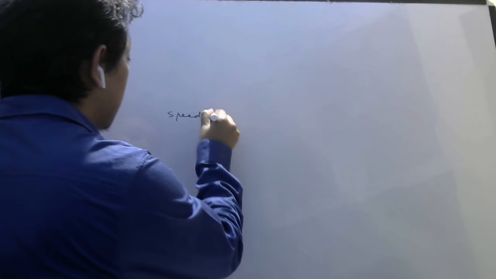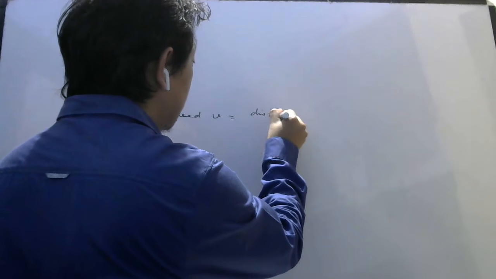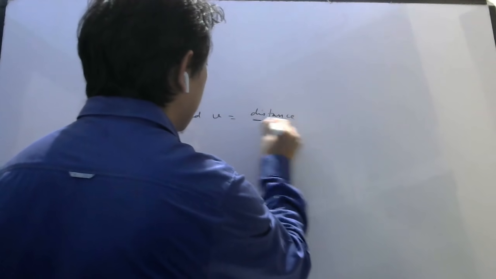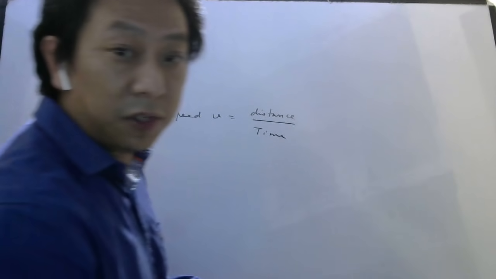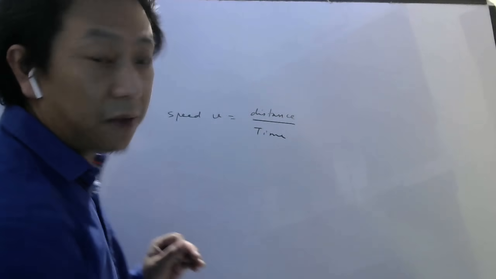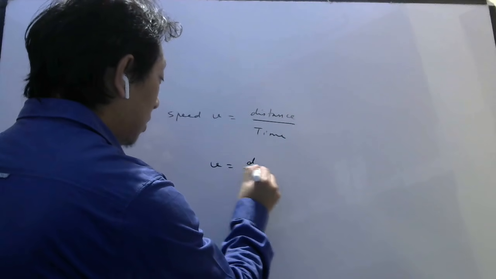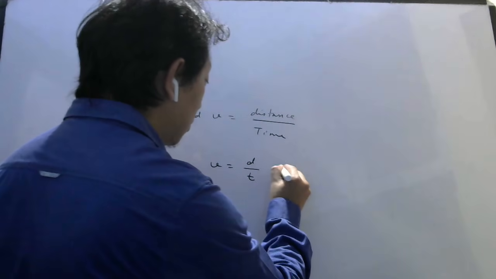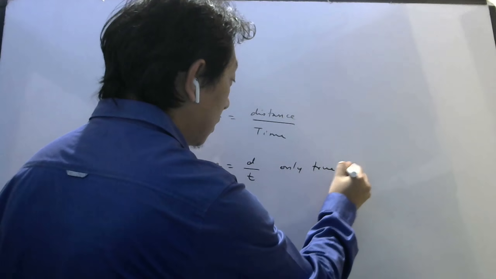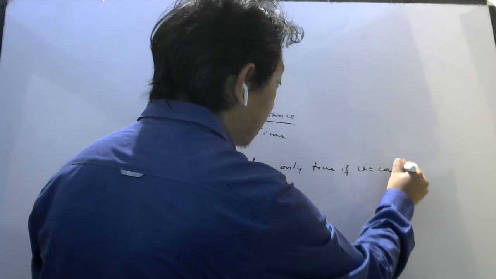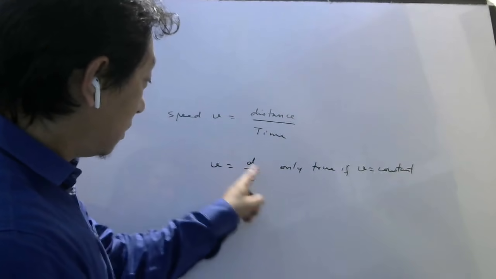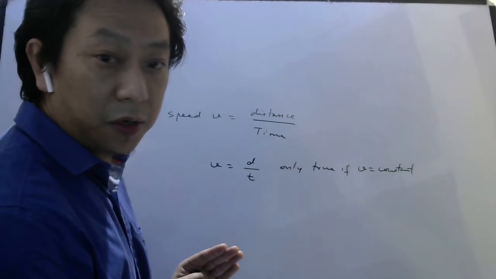So before I start that topic, let us recall first PU. You have learned that speed is given by what formula? Usually we write distance by time. Yes or no? We write distance divided by time. Now this formula, when we write speed equals distance by time, please understand that the moment I write like this, it is only true if your speed is constant during this interval of time. Understood or not? Why? Let us think.